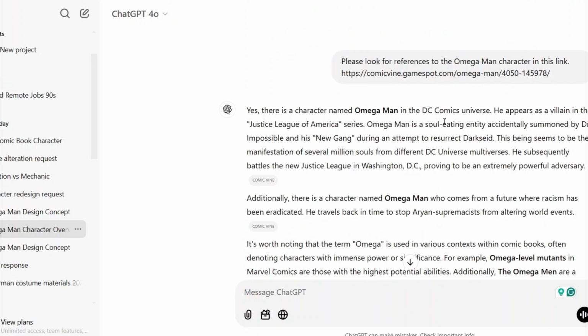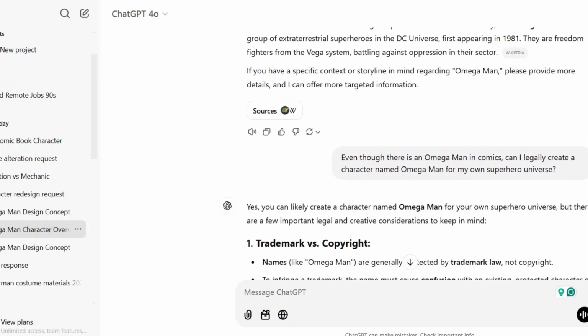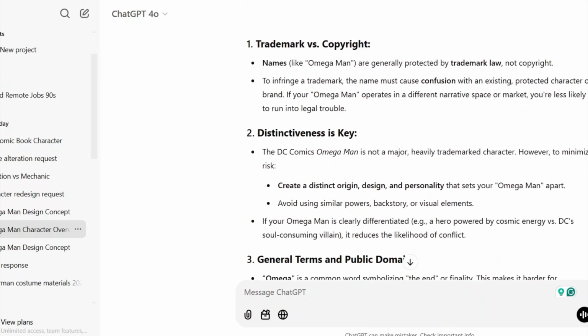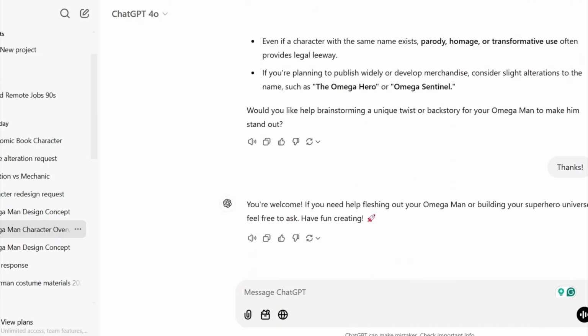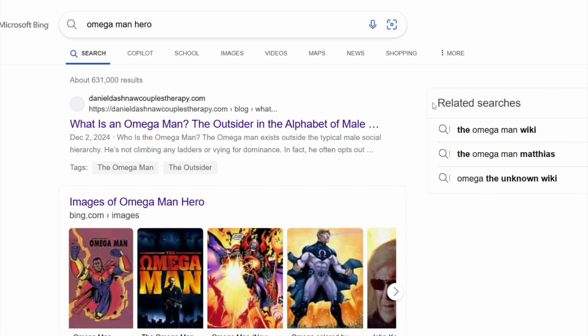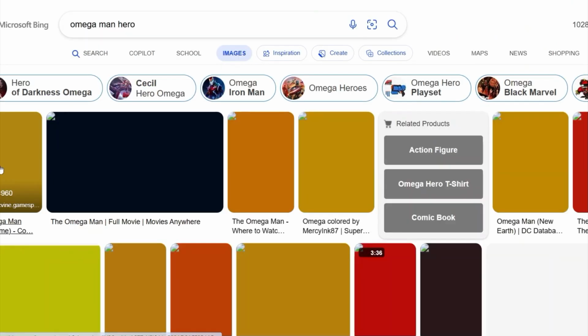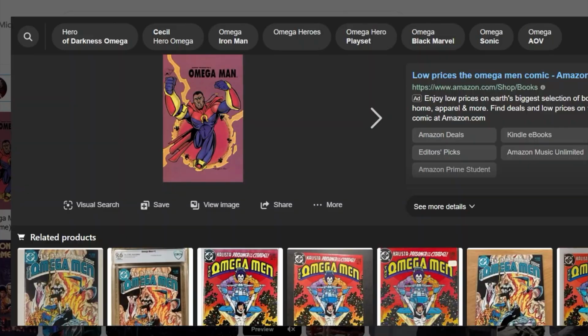But I think I found an image online of an Omegaman. I don't think it mentions that one. Anyways, that's a bunch of trademark copyright stuff, but from what I can tell, I can have my own Omegaman, and the name is going to be set up a little bit different. I'll show you that. Okay, so yeah, you can see this image here, and so I want to avoid trying to make something similar to that. See what I can do.